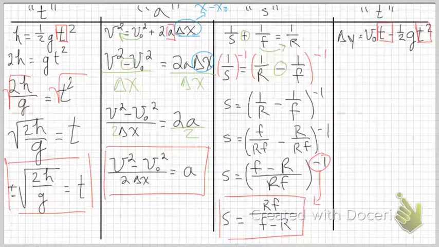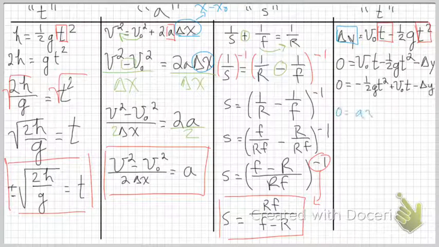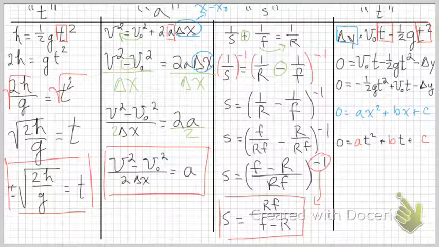Last guy over there on the right, we have an equation we're going to solve for t, and a t appears twice there with different orders of magnitude, so different exponents. So first we've got that delta y over on the left side, we're going to subtract and bring it over to the right. And we have 0 equals v naught t minus 1 half g t squared minus delta y. Delta y, again, that's just like the delta x, treated as a single variable. And if I rearrange things a little bit by the order of my t's, I have that third line there,